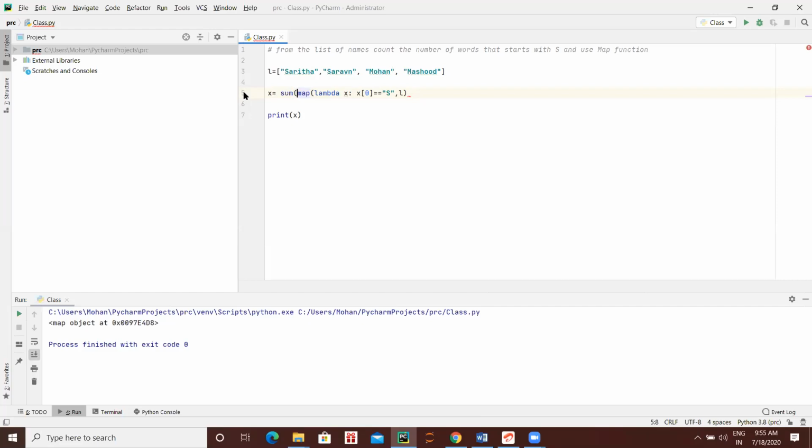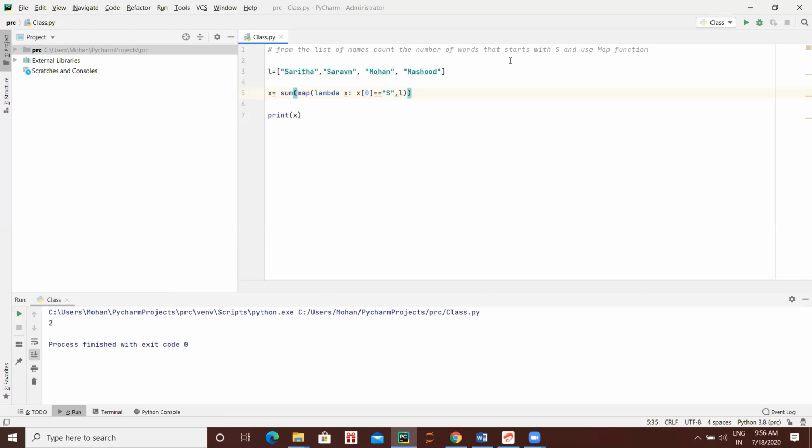Now give the end bracket in the last. Now run it. 2. We have 2, right? Yes. So this is the program to count the list of names that start with capital S using the map function.